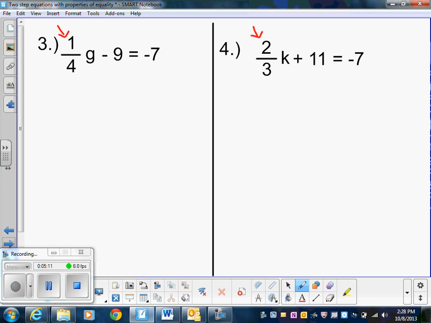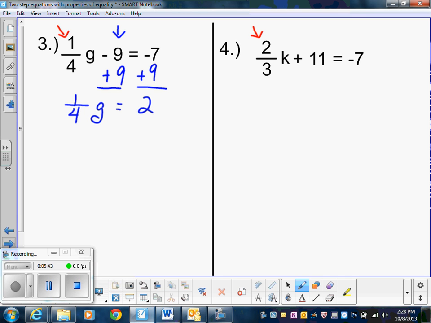But obviously we're getting ahead of ourselves. We need to focus on the constant first. In this case, that happens to be -9. Apply your addition property of equality, leaving us with 1/4 g is equal to 2. And now we can apply our property,